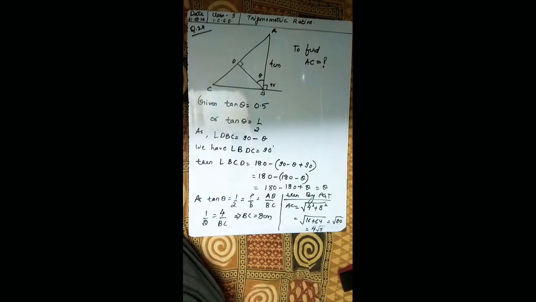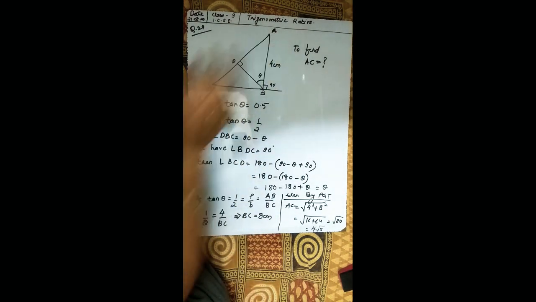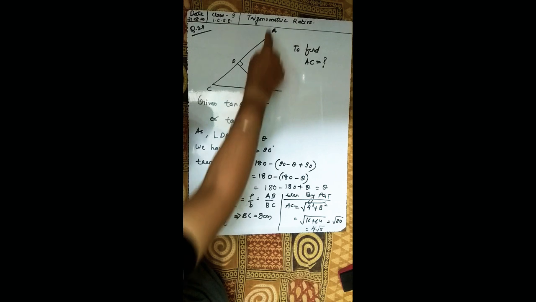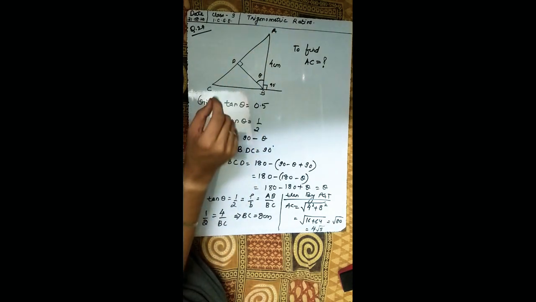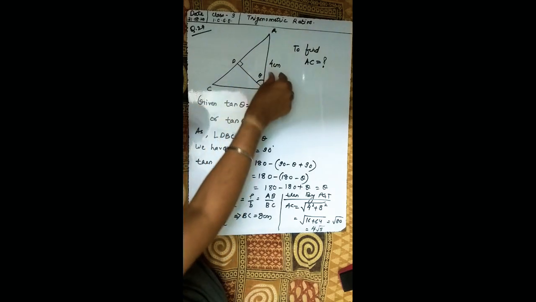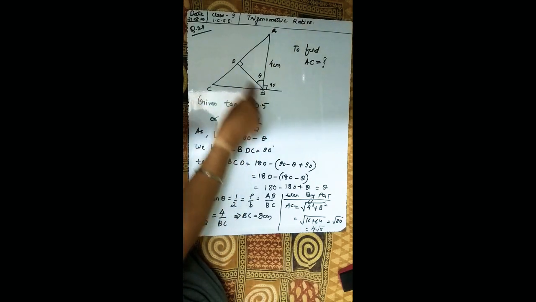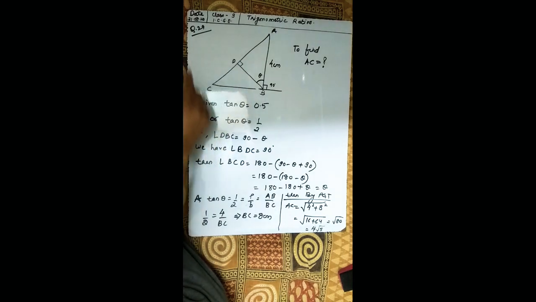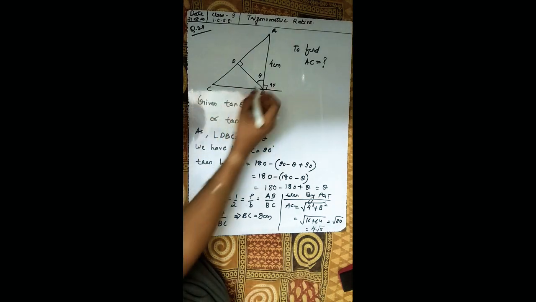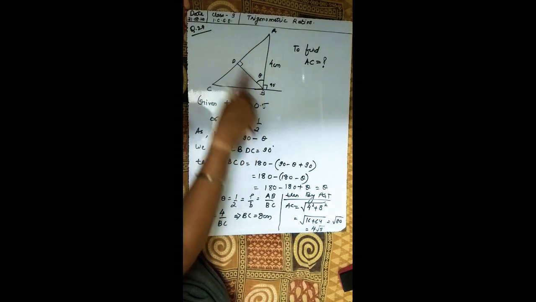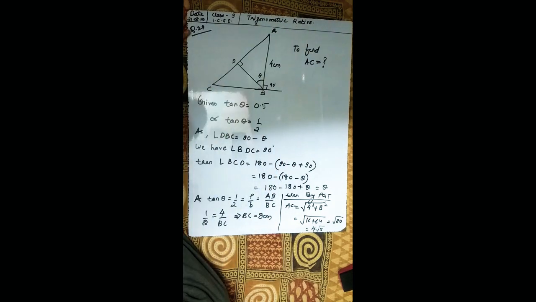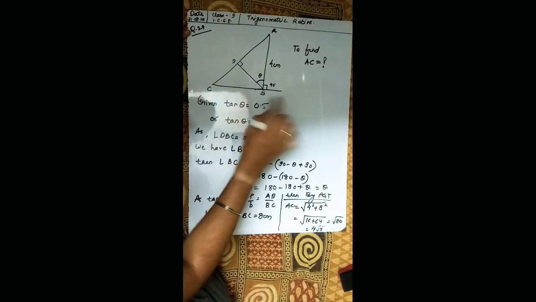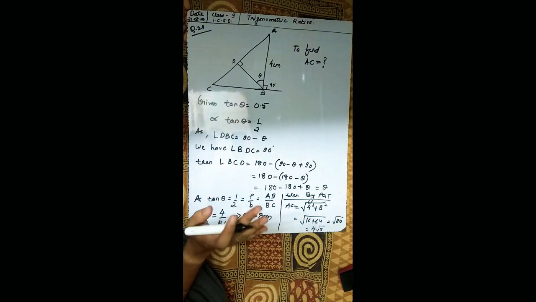Okay, let's understand the 29th question. See, you are given this figure, and in this ABC is a right angled triangle, right angled at B, and AB is given as 4 centimeters, BD is perpendicular on D, and ABD is theta, and you are given this as 4 centimeters, and tan theta is equal to 0.5. All these things are given to us.